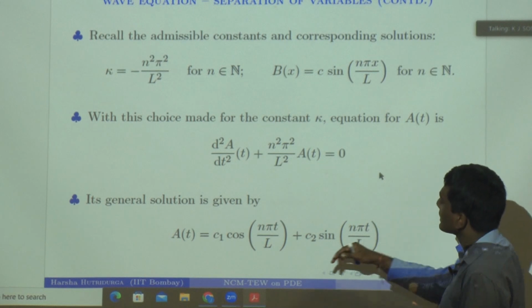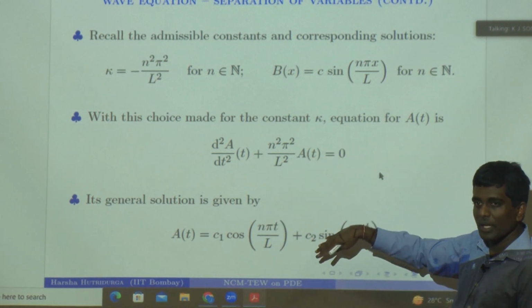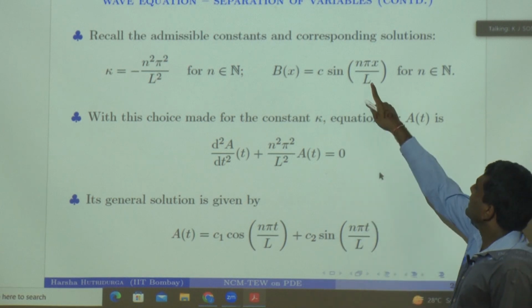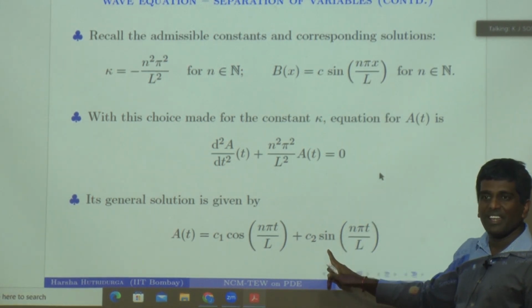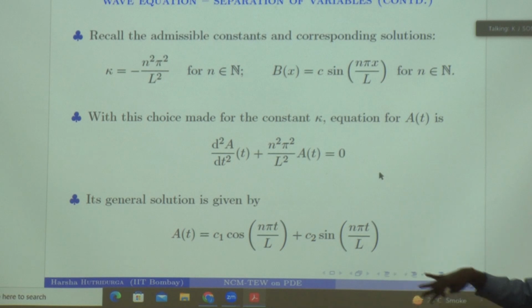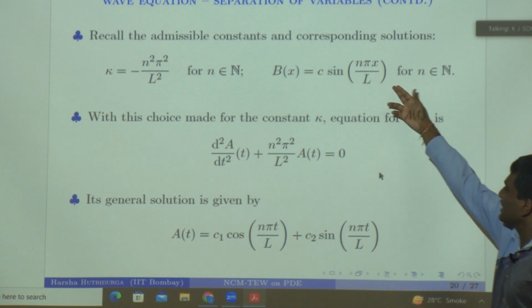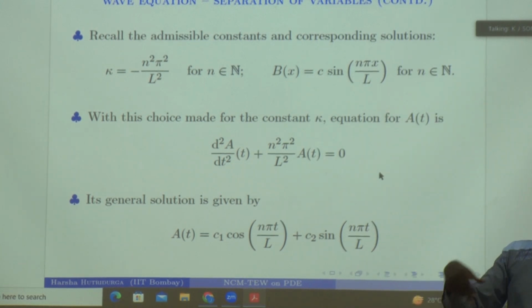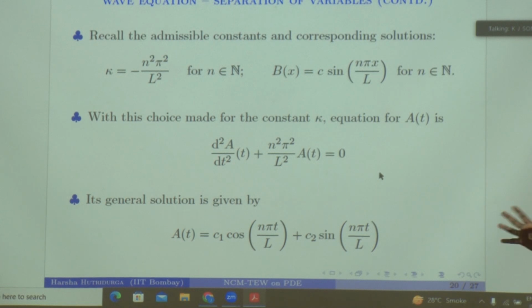I skipped a couple of slides here. You fix an n. I take n equal to 1, this will give me 1b, this will give me 1a, and I multiply them, and by the way we have done the calculation, that product solves the wave equation. I take n equal to 2, and I get a new function, and that also solves the wave equation. And yesterday we convinced ourselves that if you have two functions which solve the wave equation, you take a linear combination of them, that also solves the wave equation. And there is nothing special about 2, you can take finitely many and take the linear combination, and you will keep getting functions which solve the wave equation.